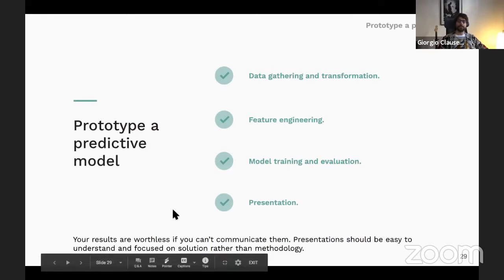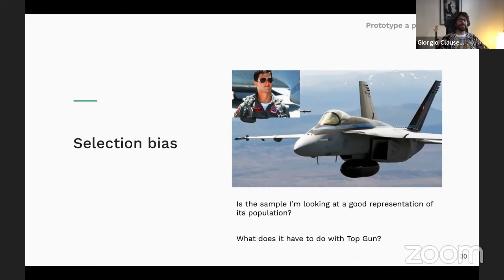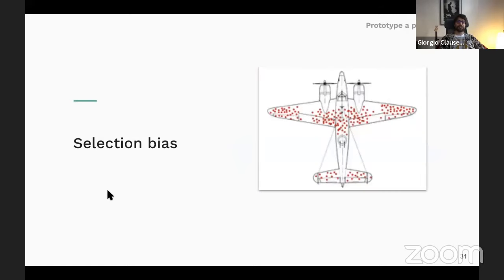So this is about the process of prototyping a predictive model. What I'd like to share with you now are some of the challenges that we face as data scientists. One of them is what is called selection bias. It's quite an interesting concept and quite tricky as well. In fact, sometimes we ask about it during job interviews too. So what does it have to do with Top Gun? Not much. It's more to do with the sample that we're looking at and how well it represents the